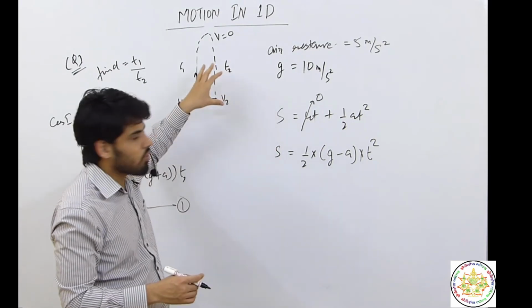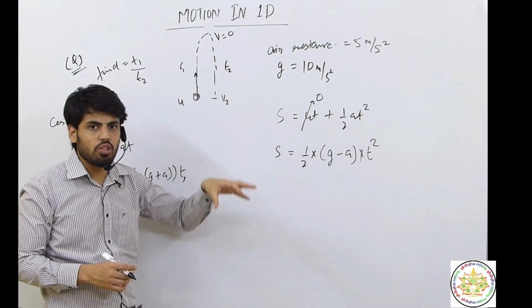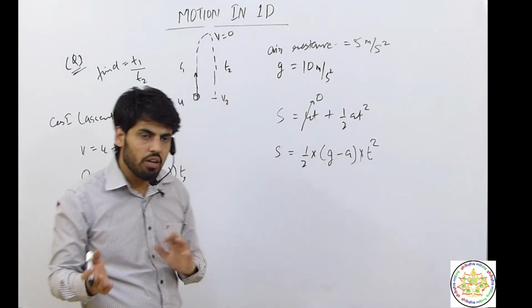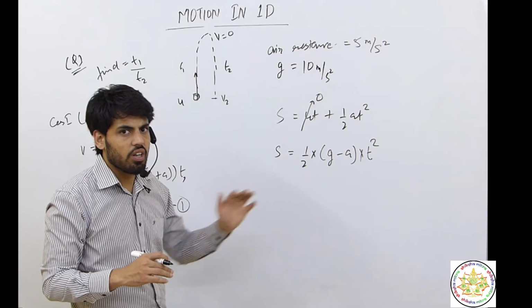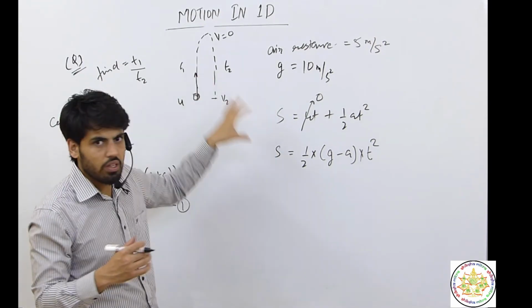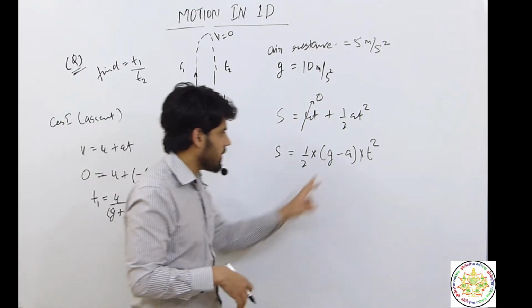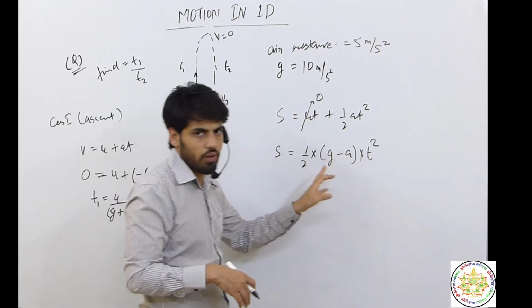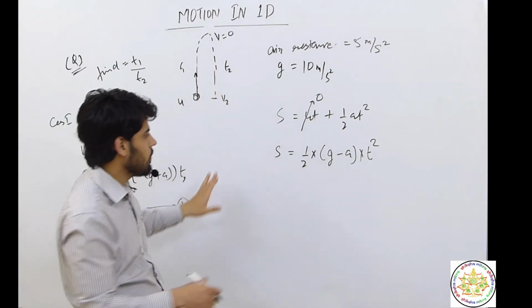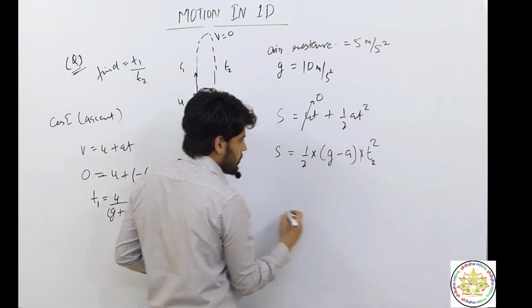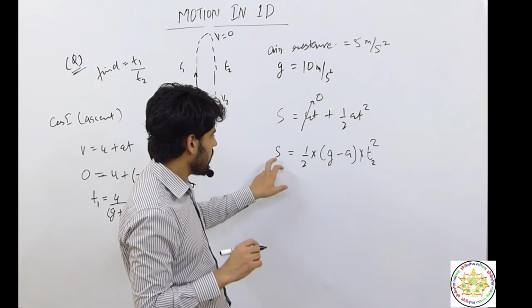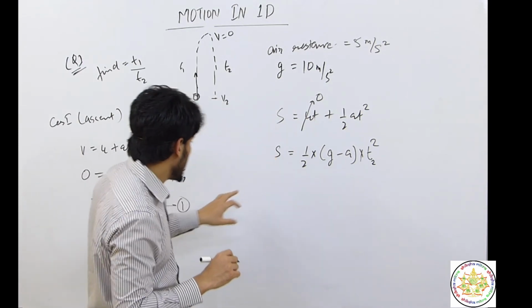This we all know why it is minus, because g is greater than the air resistance acceleration. That is the only reason why the ball is traveling in the direction of gravity. And why this is not minus g, and why this is written as g minus a, because g is greater than a, that is the only phenomenon why this ball is moving in the direction of gravity. And there is negative in front of a because acceleration due to resistance is always in the opposite direction of motion. This is t2.